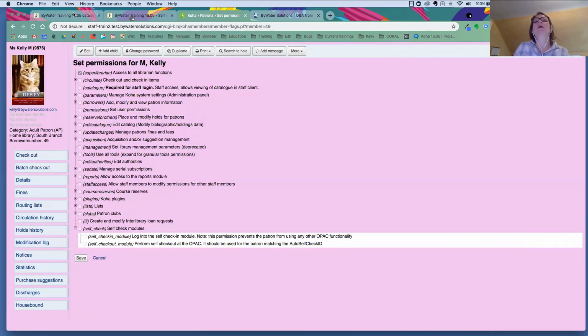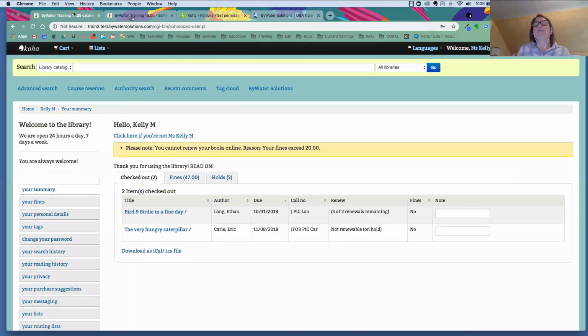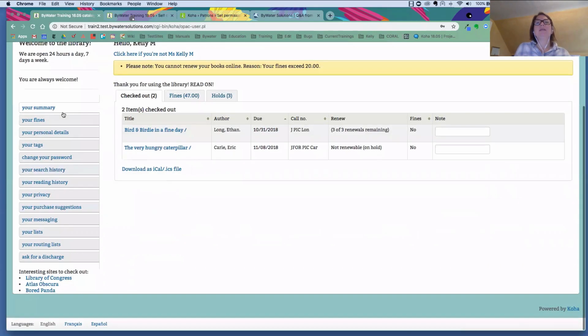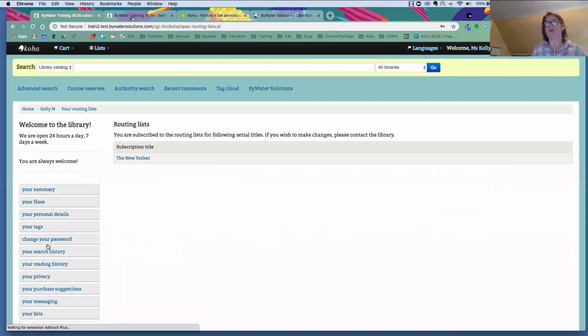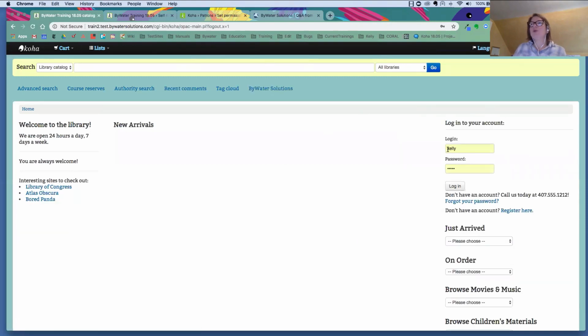Awesome. Okay, back over to the OPAC. There are a few things that the OPAC has now displaying. One of those features on the patron's account summary is the tab over on the left that says routing lists. Now, I'm not sure how many libraries are using the serials module. The serials module actually allows you to,